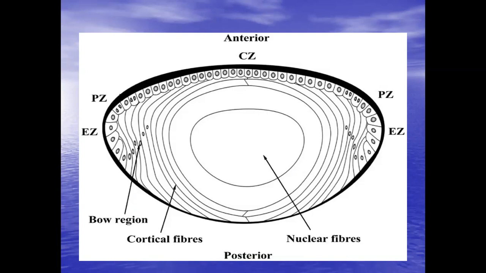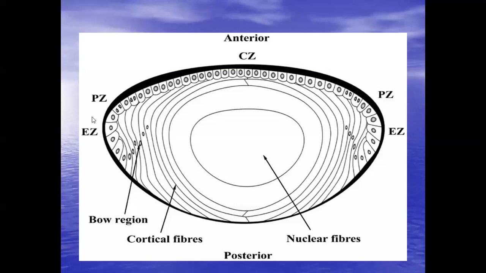Now, this is the equatorial zone of the lens. This is EZ, equatorial zone, where the suspensory ligament is attached. Why do you want to know about the suspensory ligament? Because the clinical importance of the suspensory ligament will be taught to you in a type of cataract which is called pseudoexfoliation syndrome, where we will discuss the suspensory ligaments and the lens.